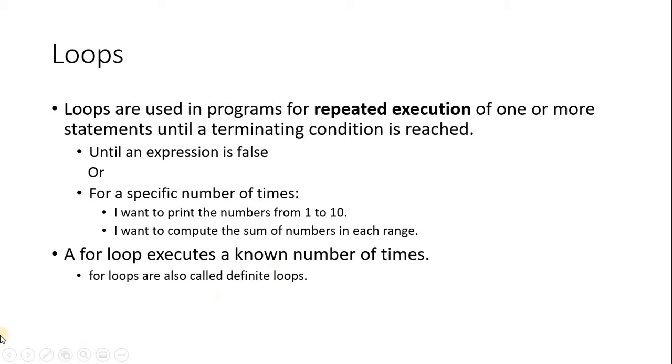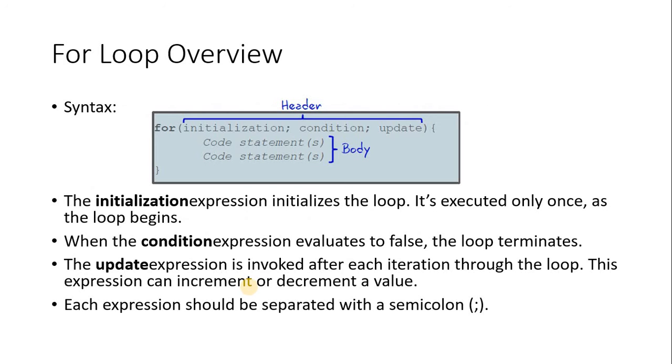So if you know the number of times the operation is going to be performed, we can say that this is a definite loop. On the other side, there is an infinite loop, where we may not know how many times it is going to be executed, meaning it continues without terminating the loop.